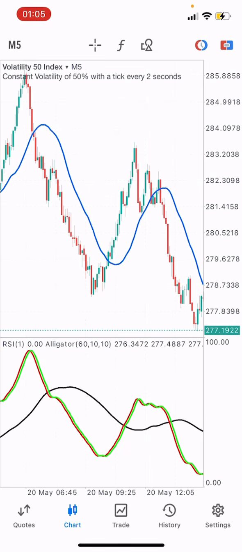This is volatility 50 index on the 5 minutes time frame. So you can actually use this strategy to trade on the 5 minutes time frame and also on the 15 minutes time frame. But I advise you use the 5 minutes time frame best. So before I start anything, I want to address two issues. The first issue I face with my subscribers is that a lot of you guys ask questions like, what is